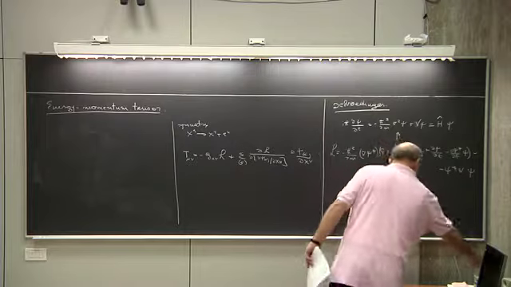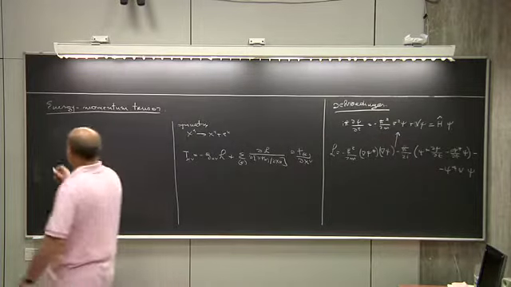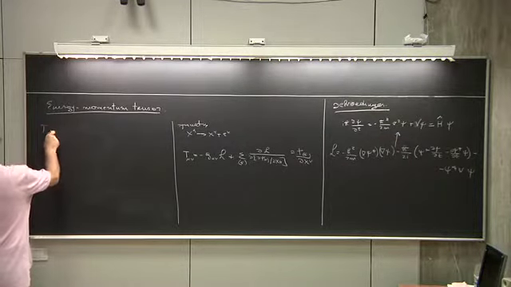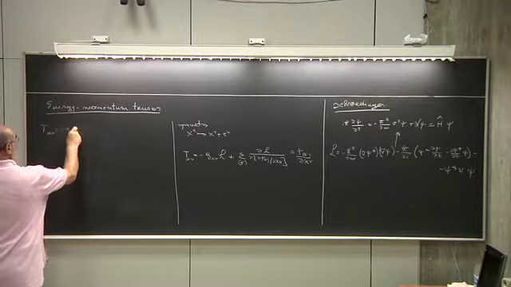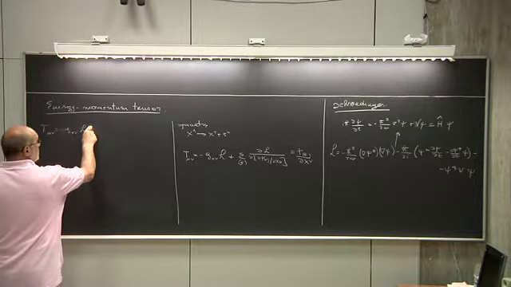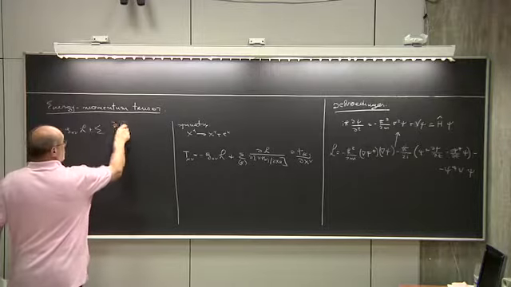Okay, so let's write here that the energy momentum tensor T mu nu is g mu nu L plus the sum over fields of dL